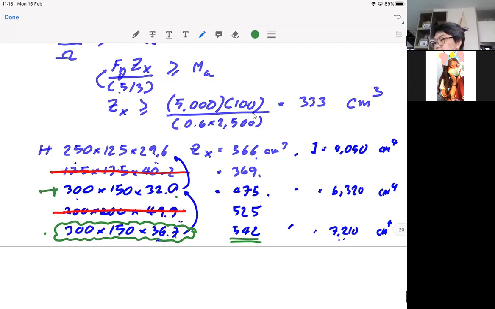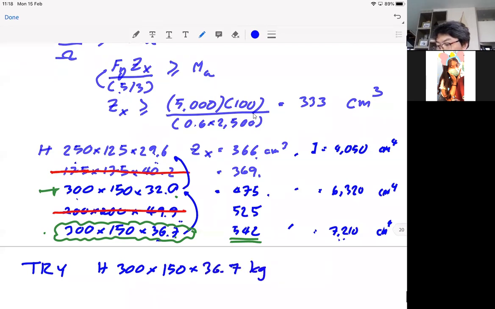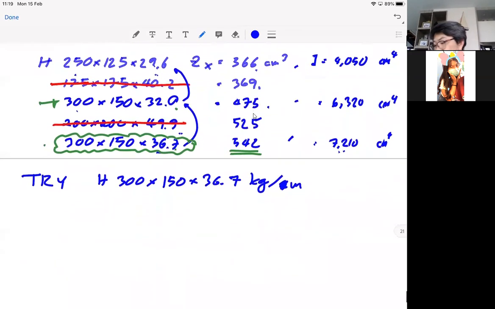So let's say I'm going to try H300 by 150 by 36.7 kilogram per meter. I'm sorry, per meter. Okay. So again, after you pick this section, you sort of investigate